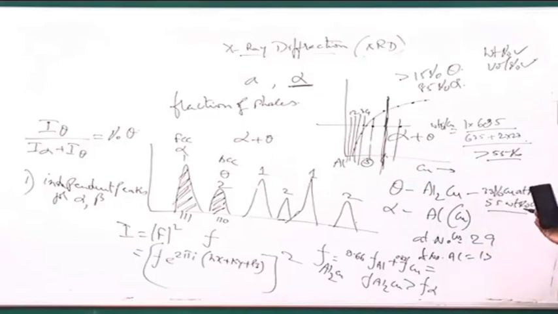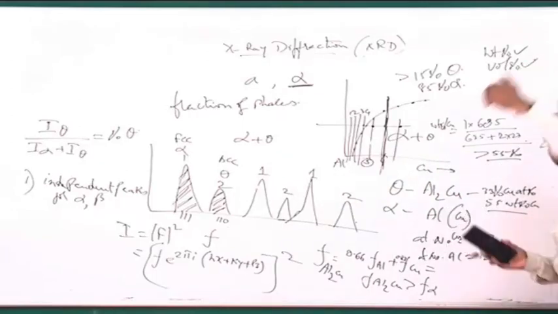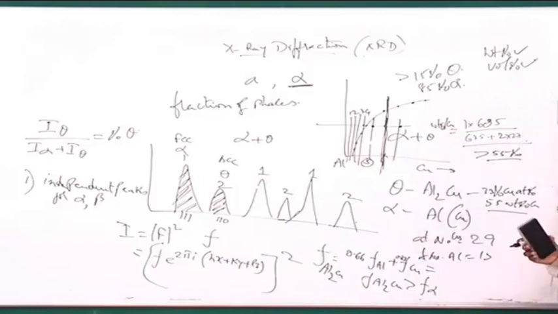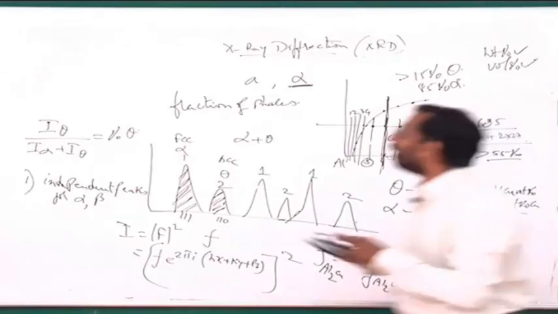Lever rule gives me weight percent, microstructure gives me area percent, and area percent has to be converted to volume percent, and volume percent has to be converted to weight percent. How do I convert volume percent to weight percent? If I know the density of the phases, then I can always say